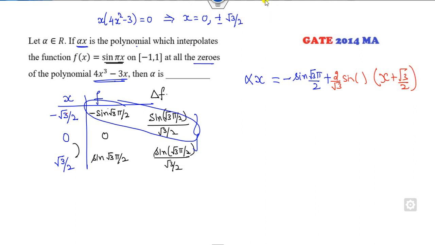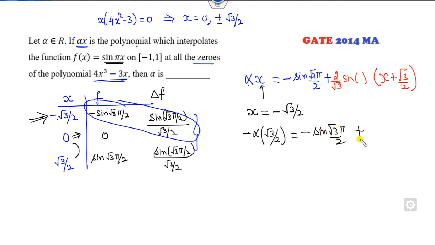Fine. Now in order to find the value of alpha, I have to substitute x. If I take x as 0, then the left hand side will be 0. So you are unable to solve. I can easily choose this number so that this part will be 0. So if I choose x as my here, the left hand side will be this number, the right hand side will be minus pi over 2 plus 0. So the alpha will be my 2 over root 2 sine of this.